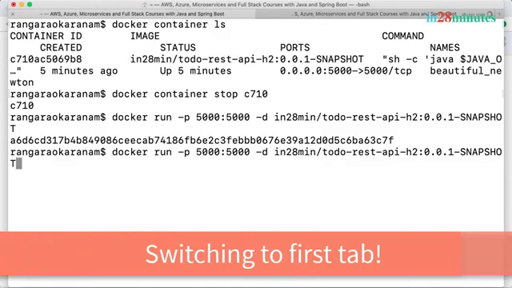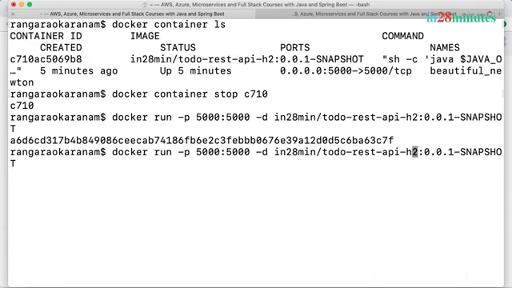Now I would want to run another container from the same image. However, this one I would want to run on port 5001, and for this one I'd want to add in specific memory and CPU limits. How can I assign that? I can tell over here saying -m 512m. So what I'm saying is this specific container can only use at a maximum 512 megabytes of memory. You can also use something like 1 gig, or you can say 0.5 gig.